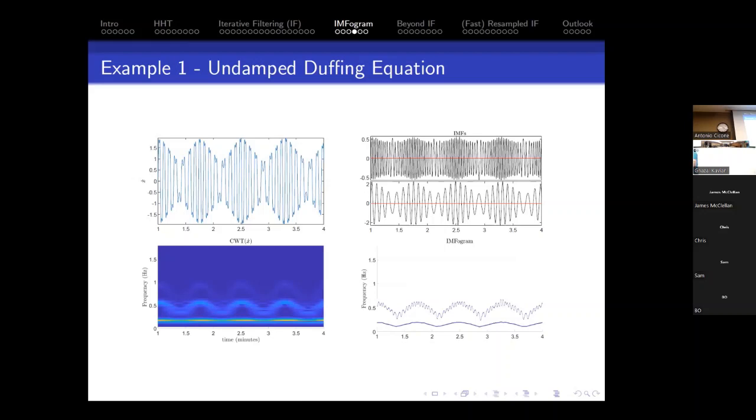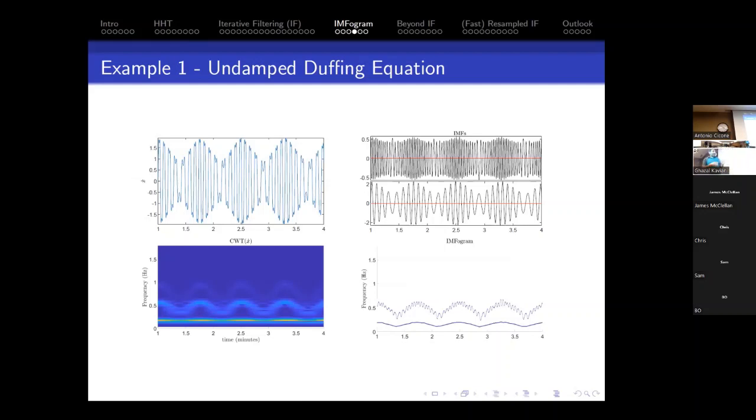What about the energy? Similar story. Here you see that the energy is going up and down, because you see the amplitudes. So what we do is we take the absolute value of each IMF, so we flip the down part here. Then we connect all the maxima of this absolute value and we linearly interpolate them. And that's an instantaneous amplitude curve. Okay. Now, with these two pieces of information, you can directly build the IMFogram.